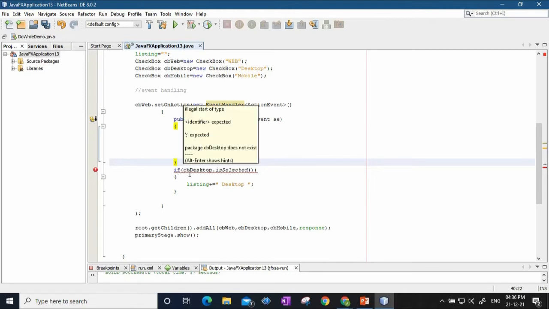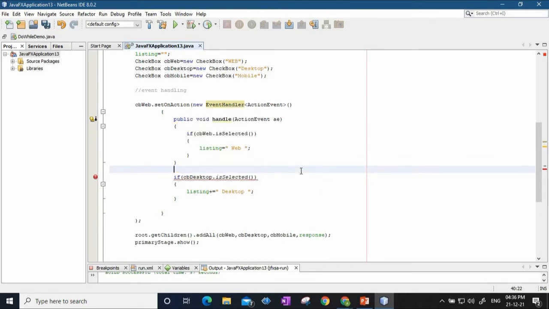Okay, I think there is some error here. Let's check what is the error. Illegal start type, semicolon expected. So CB desktop, I'll just copy this.